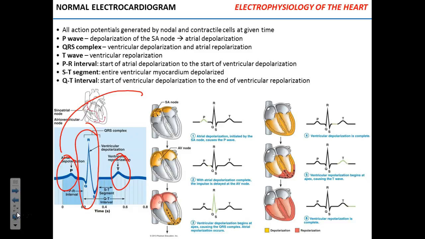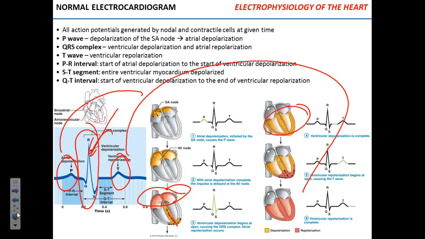And when we say depolarization in terms of the muscle activity, what do we talk about? Squeezing, contraction, right? Then during the QRS complex right here, you have atria repolarized, so relaxing, and ventricles depolarized, so contracting. And then last, during the T wave, the ventricles relax, ventricles repolarize, and we can catch that activity as well.